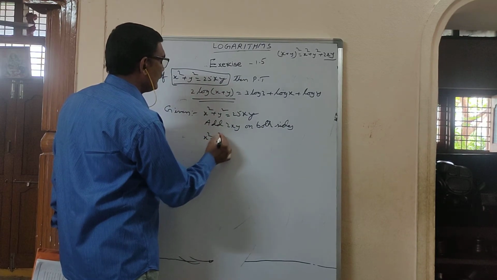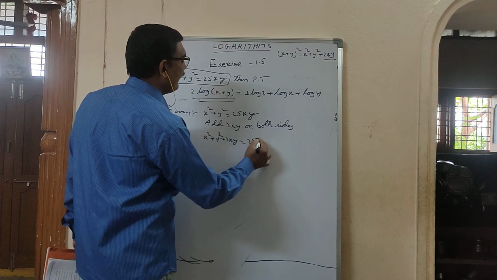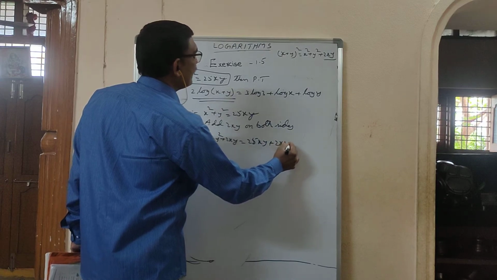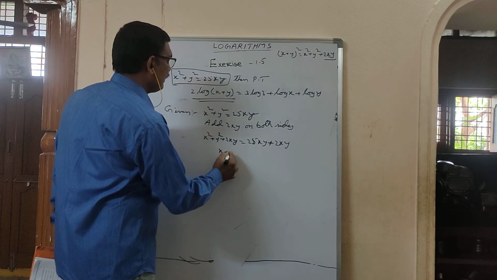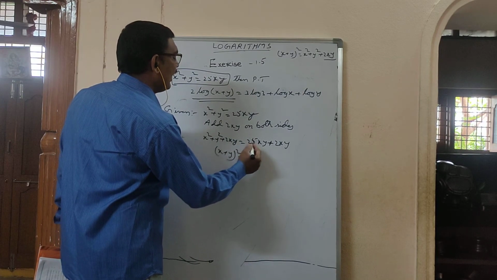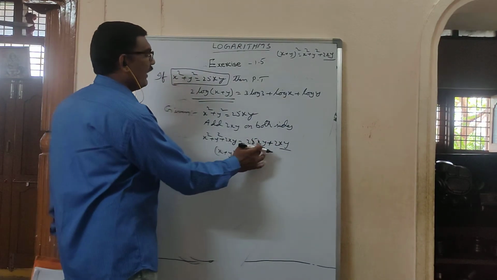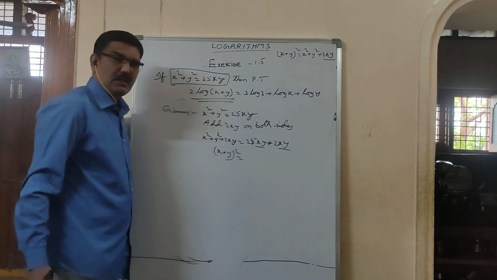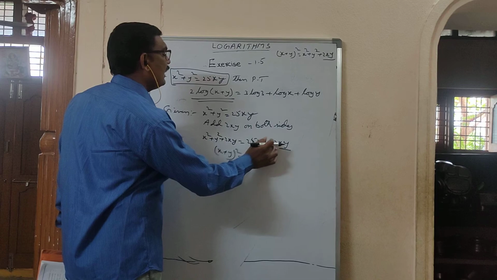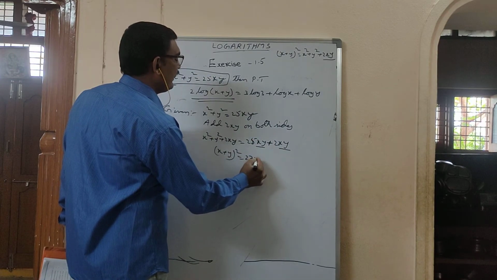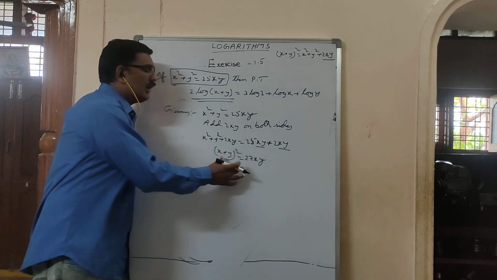It becomes x square plus y square plus 2xy in LHS. Already in RHS 25xy is there, and you are adding 2xy more. In LHS you can write x plus y whole square, and in RHS like terms, it is also xy, it is also xy. 25 chocolates plus 2 chocolates. xy means a chocolate. For 25 chocolates, if you add 2 chocolates, you get 27 chocolates, 27xy. Now you got it like this.